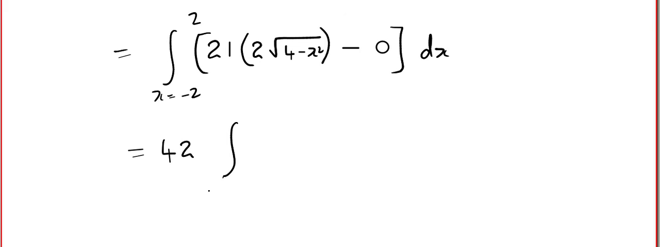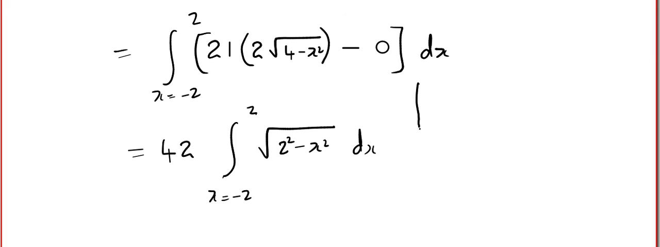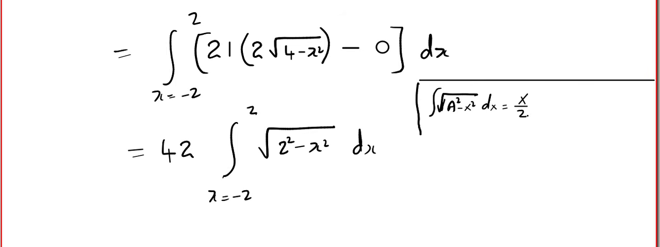42 integral x is equal to minus 2 to 2 root under 2 square minus x square. I think you remember the formula from class 11, 12. Root under a square minus x square will give you x by 2 root under a square minus x square plus a square by 2 sine inverse x by a. So I'm going to apply that formula. So 42 times,